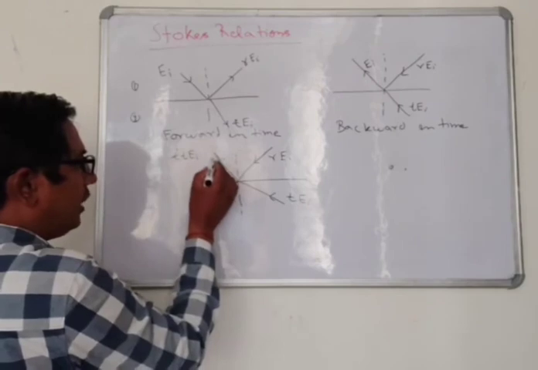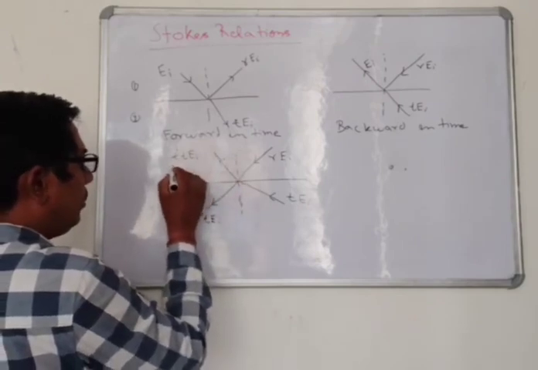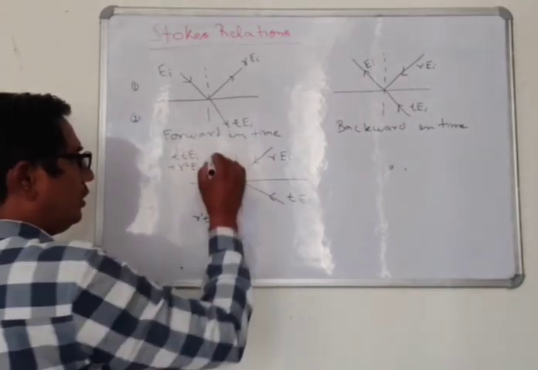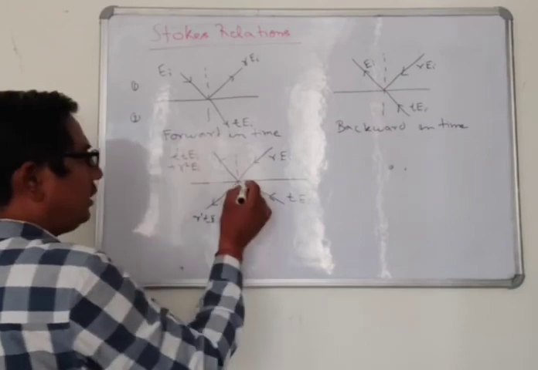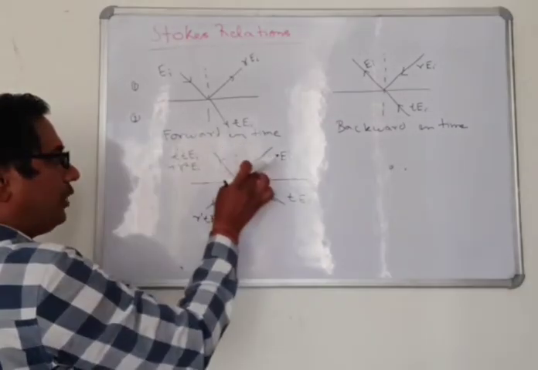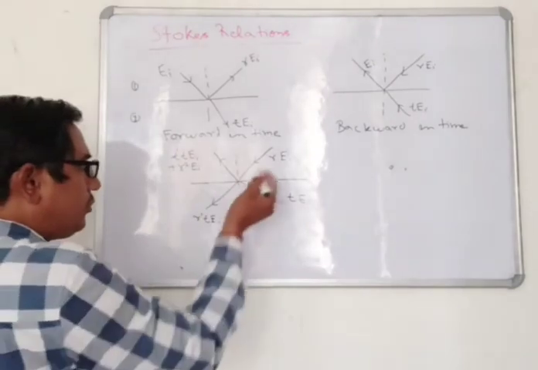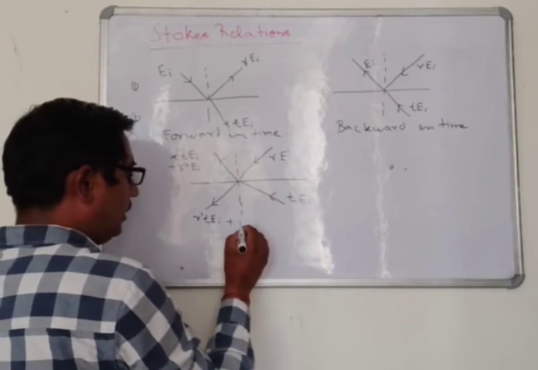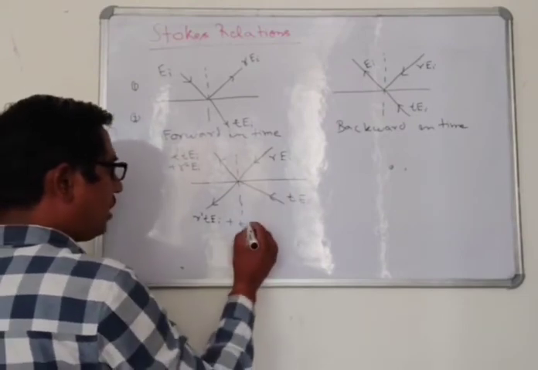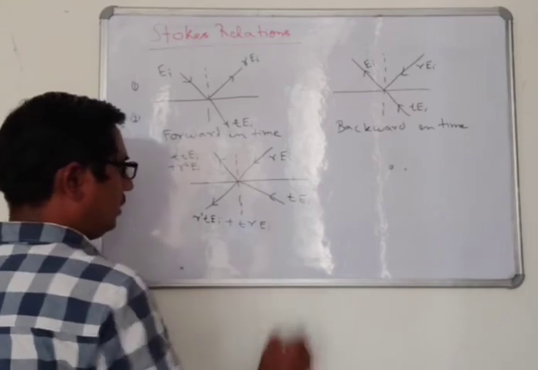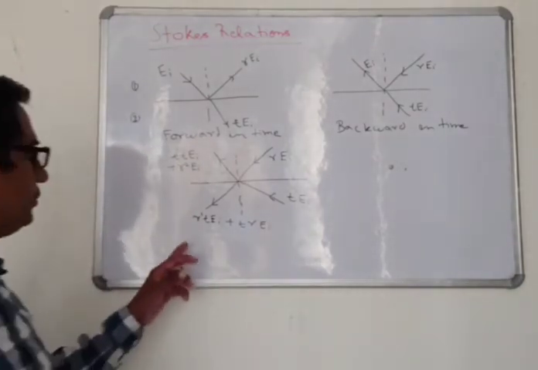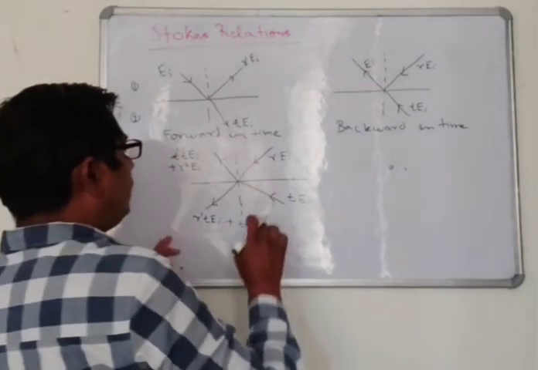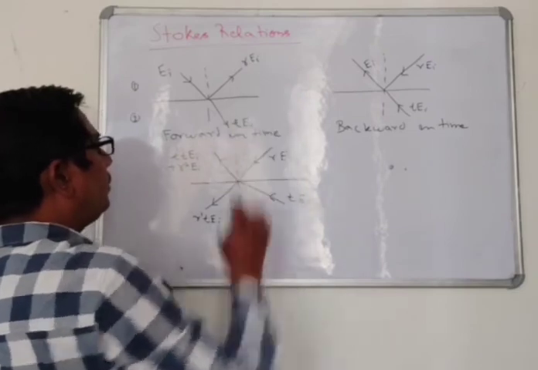Now when you consider that this ray R EI is coming, what will happen? Some light will be reflected here, R squared EI, because R is the reflection coefficient from first to second, and some light will be transmitted, like T R EI. Now you can compare with figure 1.